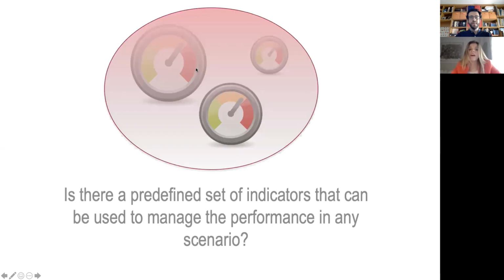As Manuel has just said, while addressing the performance planning activity, we need to define a set of performance indicators. In general, there exist some well-known indicators commonly used in many companies to control and improve their performance. Some examples are the cycle time, the operational cost, the resource utilization, or the fault rate. These indicators can be defined and measured in any scenario. However, depending on the specific context and environment where a business runs,